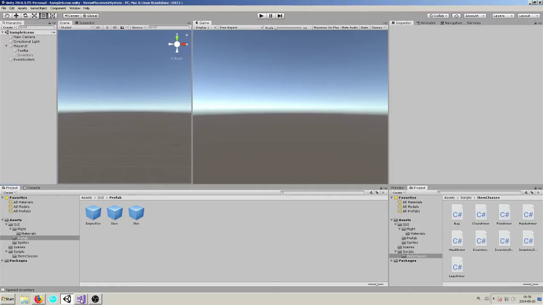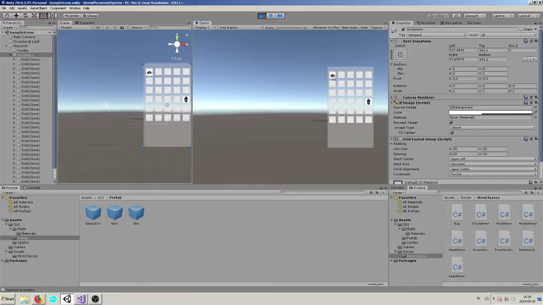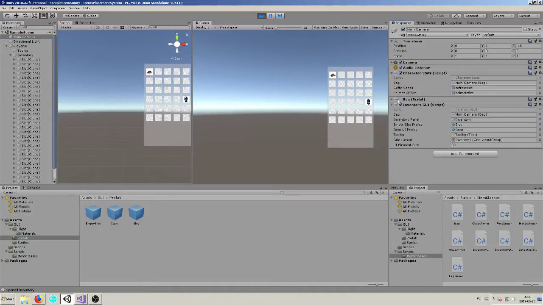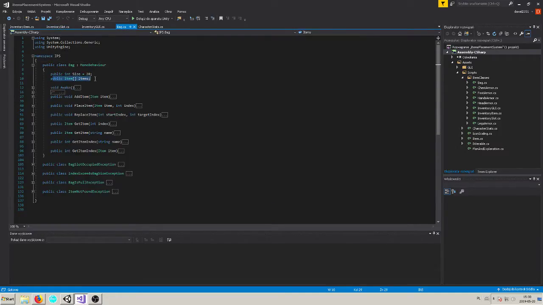So now what we'll do is we'll make it so that I can actually drop it into another slot, and it will change not only in the UI but also in the player's bag, because that bag, if I go here, it's got an array of the item objects, and yeah,